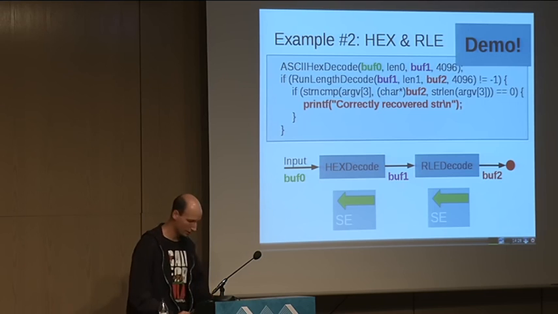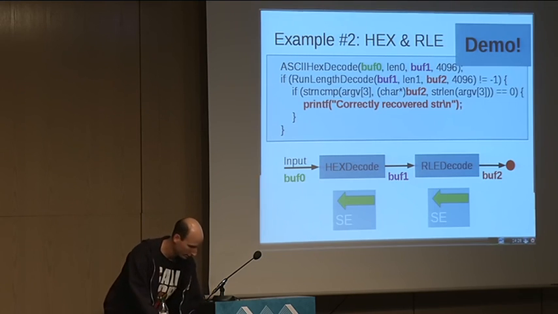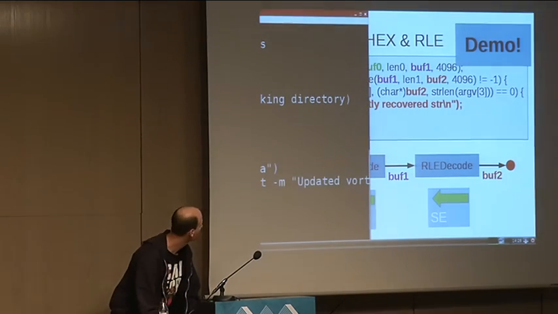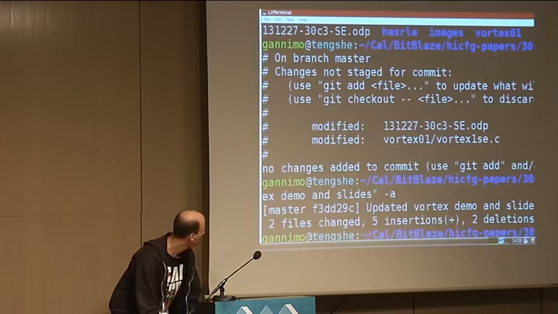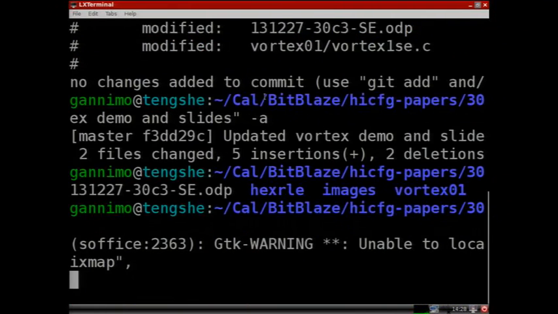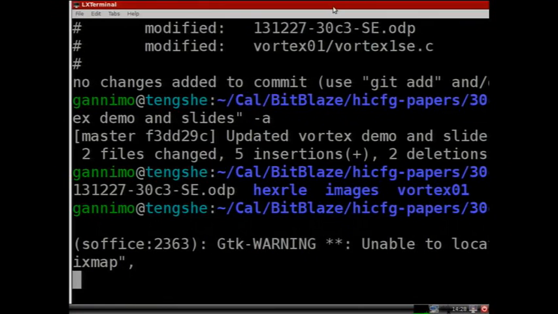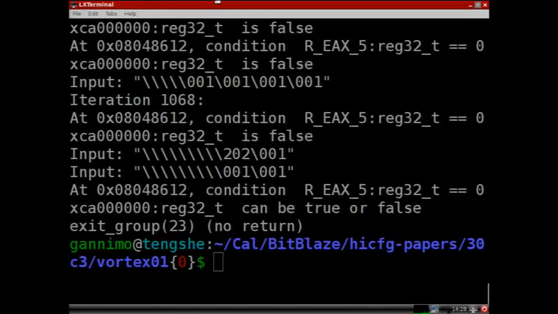So let's try a quick other demo. I guess I have a couple more minutes, hopefully, which should be enough for that. Oh, that's the wrong one. Yep, here we go.